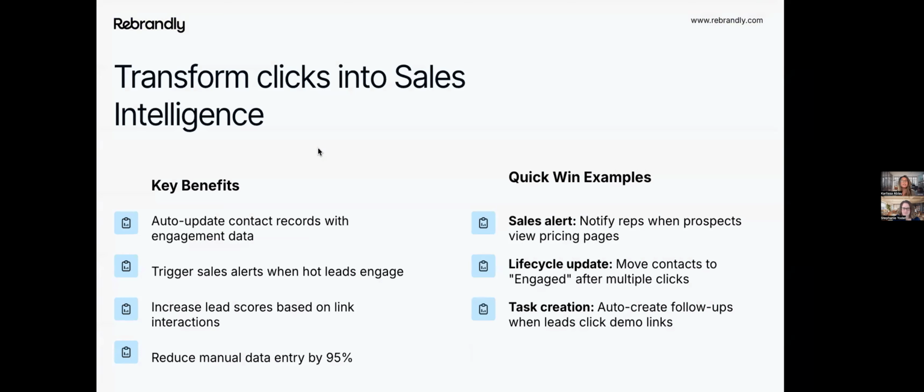So you can trigger sales alerts when your hottest leads engage with key content. Now imagine your sales rep getting a notification the instant a prospect clicks on that pricing page. That's so powerful. And lead scoring, you can automatically increase these based on link interactions. Someone's clicking on multiple pieces of content